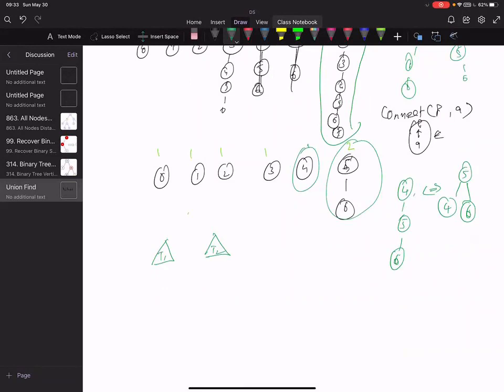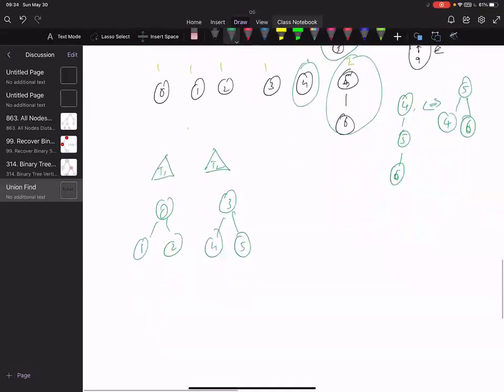Now let's say that both are the same size, T1 and T2. For example, I'm just giving an example like this: 0, 1, 2, 3, 4, 5. Since both are the same, I have to make one the child of the other.